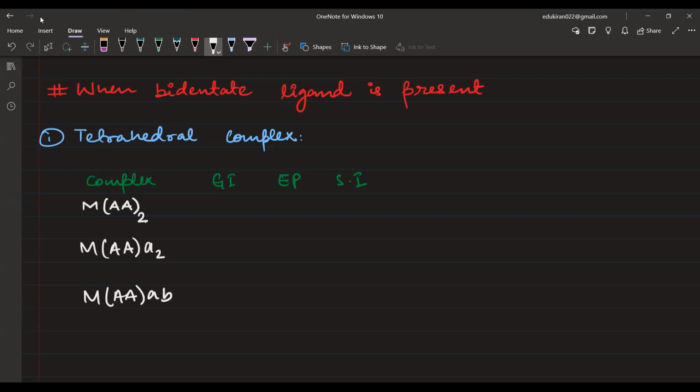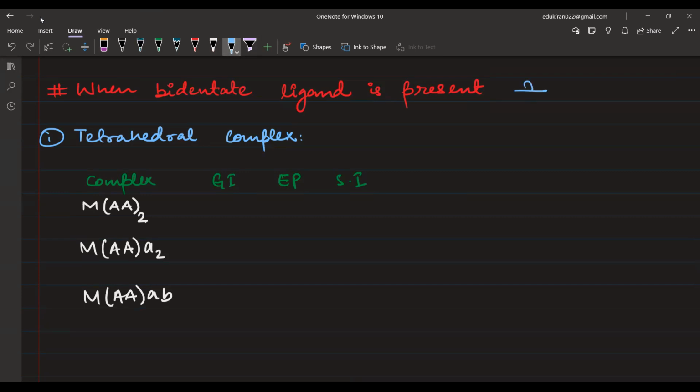First case, we have 2 bidentate ligands. So 2 bidentate ligands will give you 4 coordination number. Second case, we are having 1 bidentate ligand and 2 same monodentate ligands, that is going to give you 4 coordination number. Similarly, we have the last case in which we are having 1 bidentate and 2 different monodentate ligands. Now, since tetrahedral complex, if you remember, in the last class I said, if there